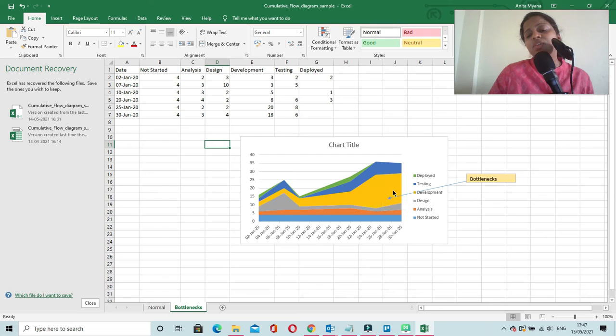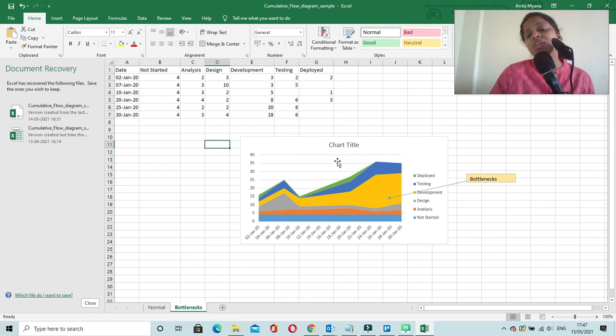This is the stage where they need to find out if there are any problems, why the tasks are not moving to the next stage. And they even have to investigate the next stage, because if there are problems in the next stage, that is the testing stage, then they will not be pulling any task from the development stage, even if those tasks are completed in the development stage. So these two stages need to be inspected.